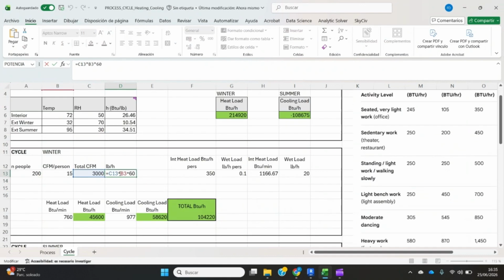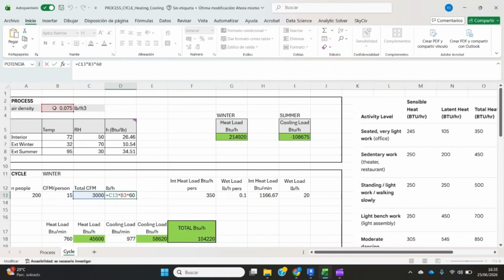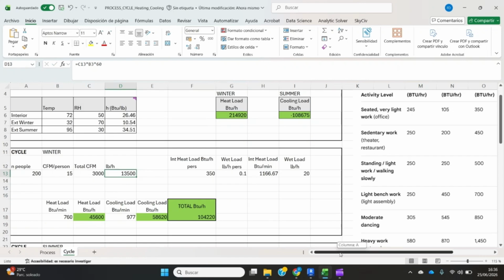So we have to multiply times the air density times 60. Usually air density is this 0.075. It depends on the altitude, but let's keep it 0.075. So this is the pounds per hour, the ventilation airflow that we need to keep this hall or building or room with 200 people